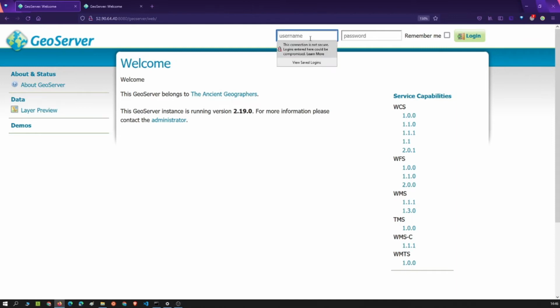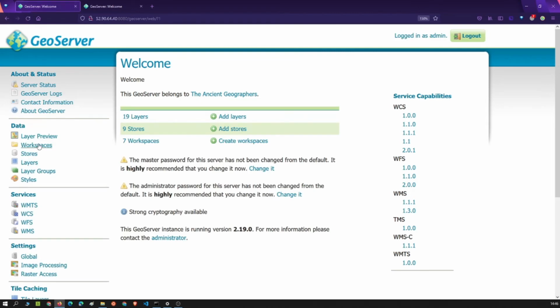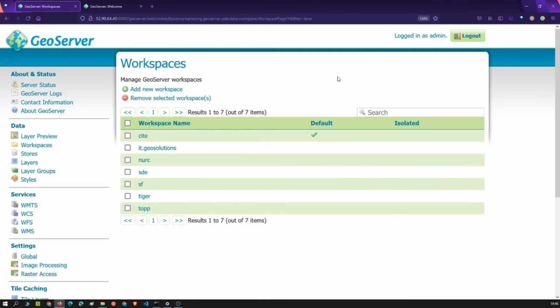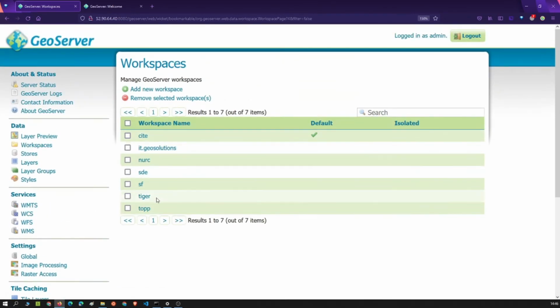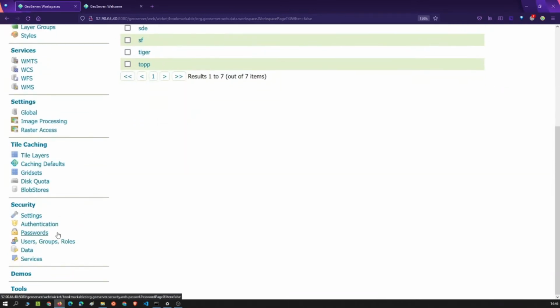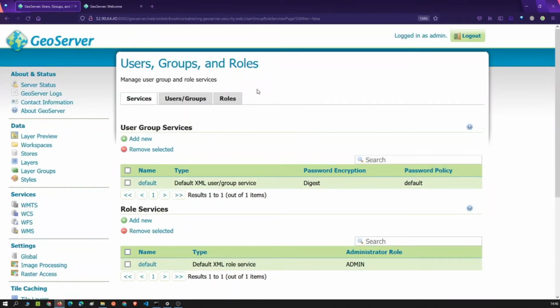So our next task is to make only certain workspaces visible to certain users and not all users. To do that, first let us log in via our admin credentials. Initially, because you're logged in as admin, you are able to view all workspaces. Now suppose you want to limit it and view only, say, the Tiger workspace. What you would do is first create a new user and a role.